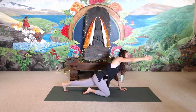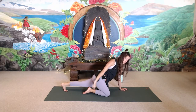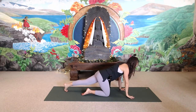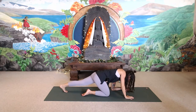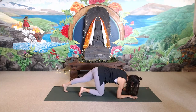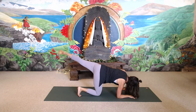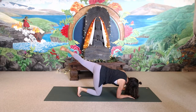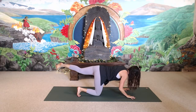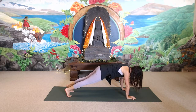supported side plank. Left hand reaches forward, up, and back. You can do this in the second round, or you'll have the option to do full plank. Plant the left hand. Lower the right forearm. The left forearm down. And slowly push back into your three-legged dog, or you can keep the left knee down and just do those hip openers to the side. And then push into the hands, drop both feet, step back to plank, and now you've got your option for